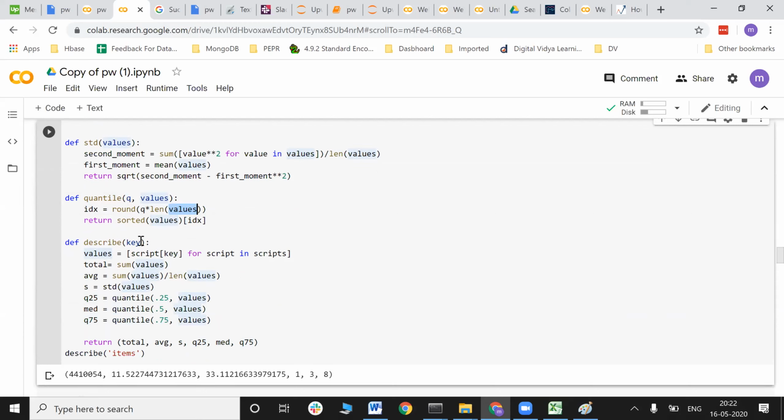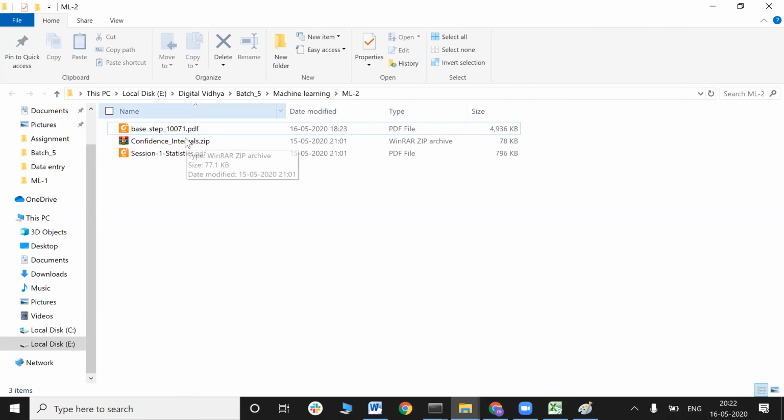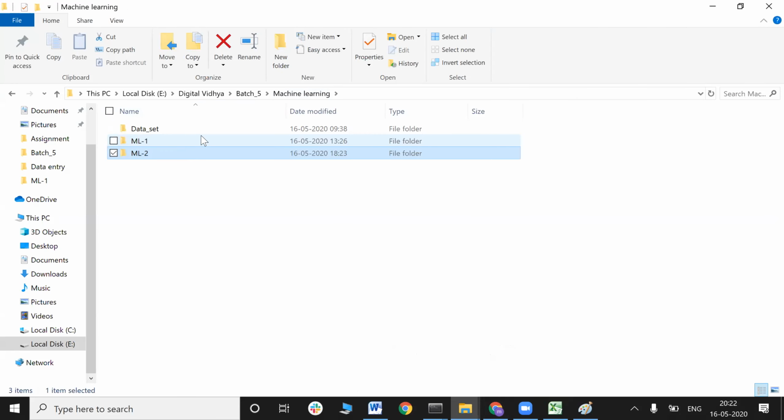Oh, okay. So this is the formula to get the quartiles, that's it. So it's a fixed formula. We just need to follow it. Yeah. I'll just give you the formula. So this is the formula, see.